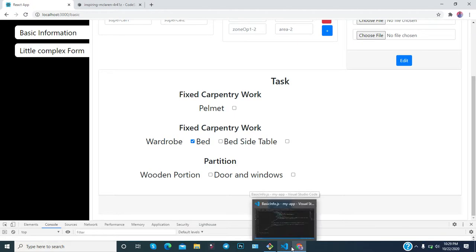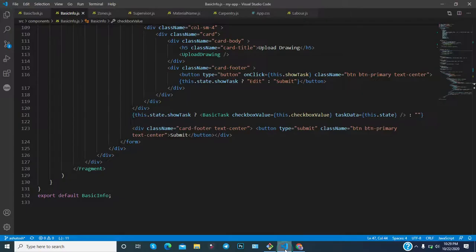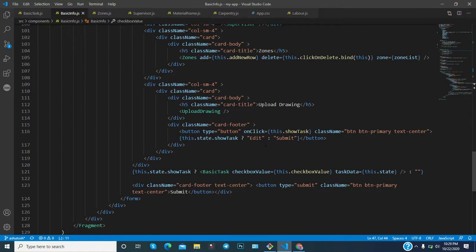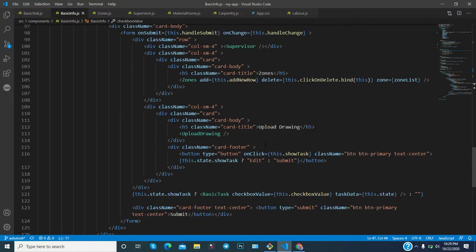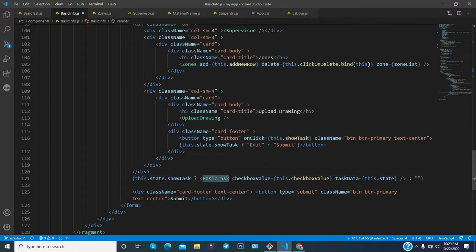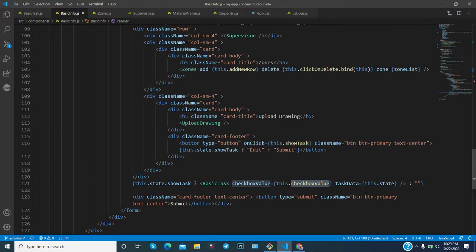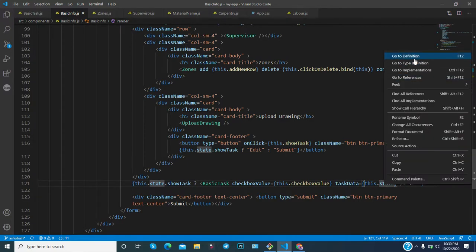For this we have created another component, and the component is, as you can see, basic task. On the checkbox on change event, if someone clicks the checkbox, you are calling one method and passing the data. This is props, as props you are passing the data, and accordingly the data works.